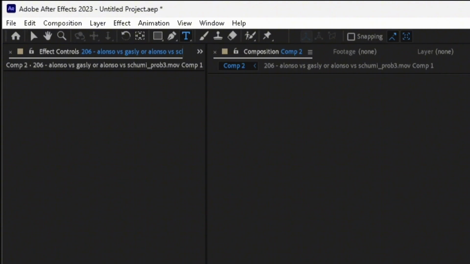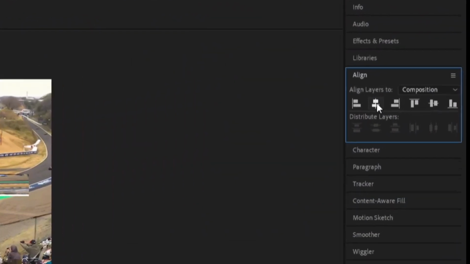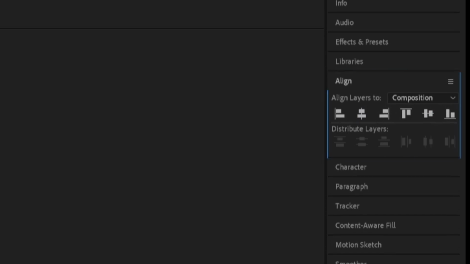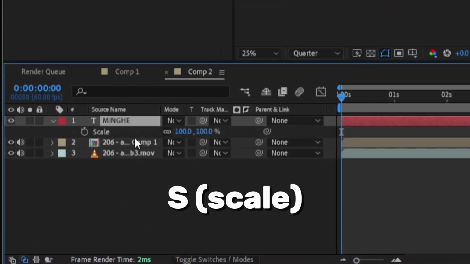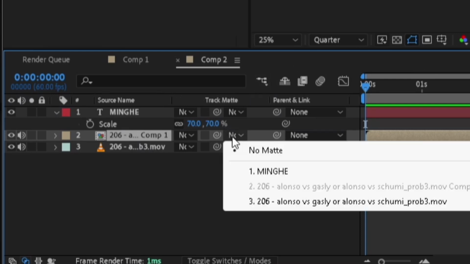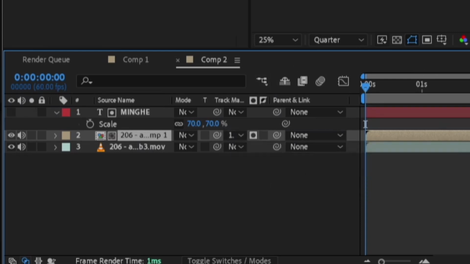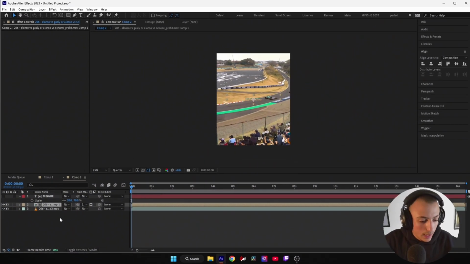Then we're gonna click text again, type Minghe. We're gonna align these to the center again. That's absolute perfect. We're gonna scale this down a bit as well to 70. Then what we're gonna do is to click here on the composition of this and click Minghe, which is this text. Then we are gonna